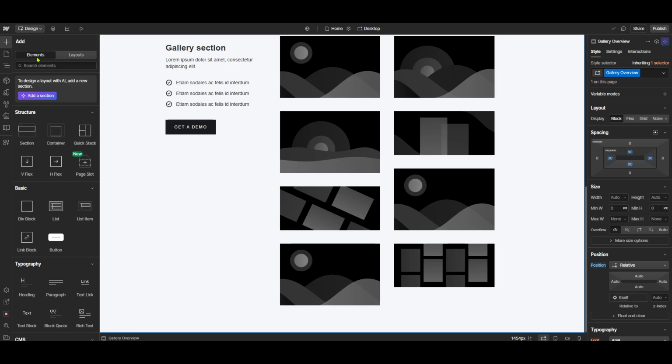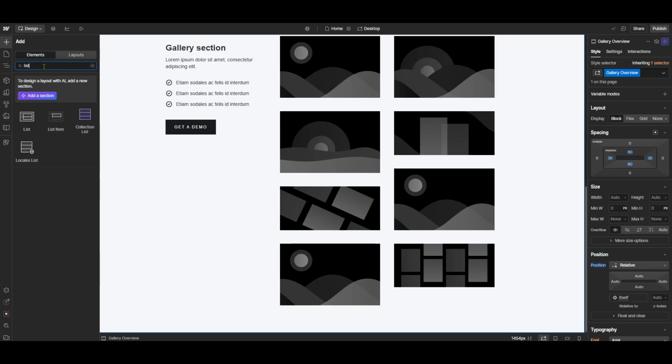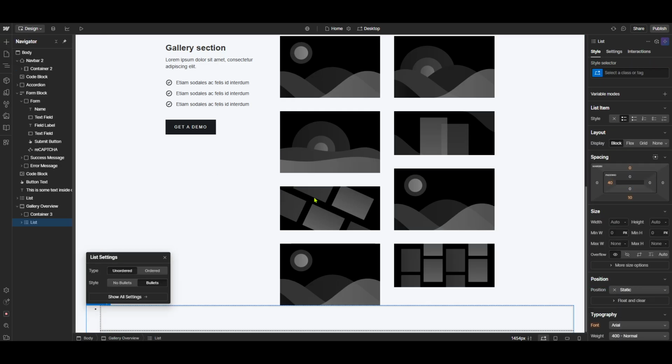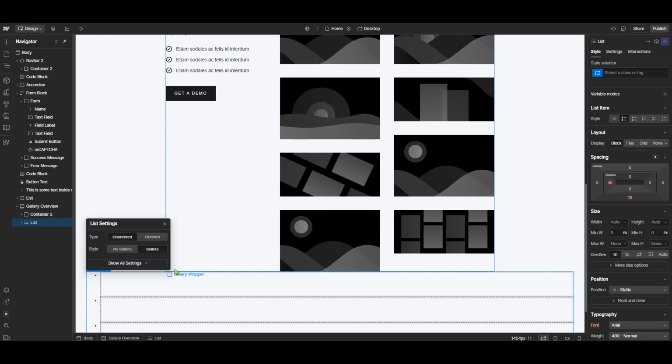Now, in the search bar at the top of this panel, type the word List. This will filter through the elements and bring up the option to add a list. You'll notice a list element appears in the search results. Click on List. Doing so will add a placeholder list to your current page, complete with default bullet points. You can now drag this list to any area on your page where you want to display a set of